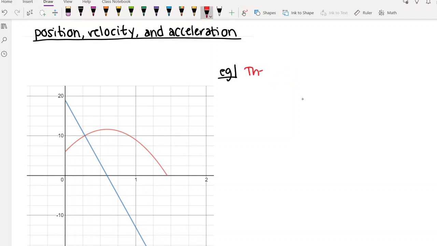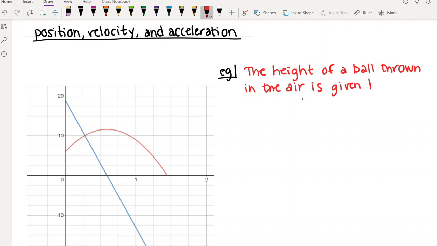So the height of a ball thrown in the air is given by h of t is equal to negative 16 t squared plus, actually, sorry, I changed it for our sake. So it was actually plus 19 t plus 6,